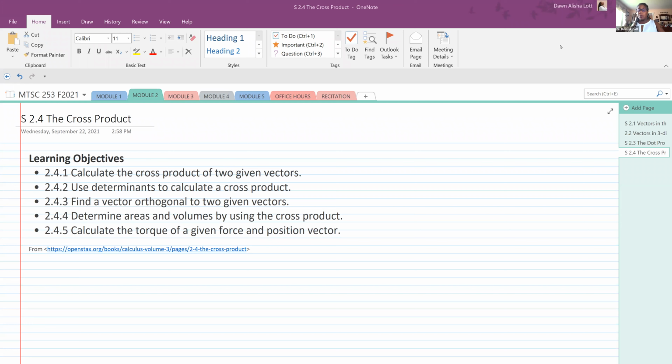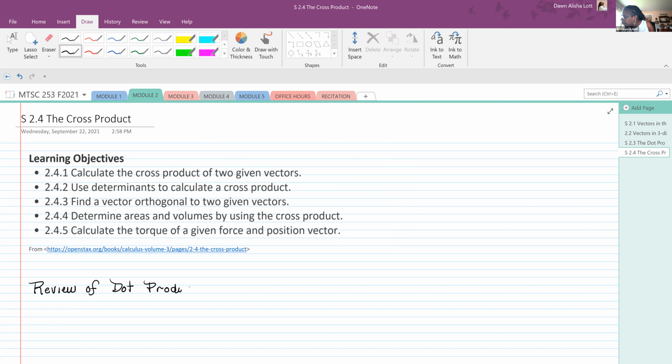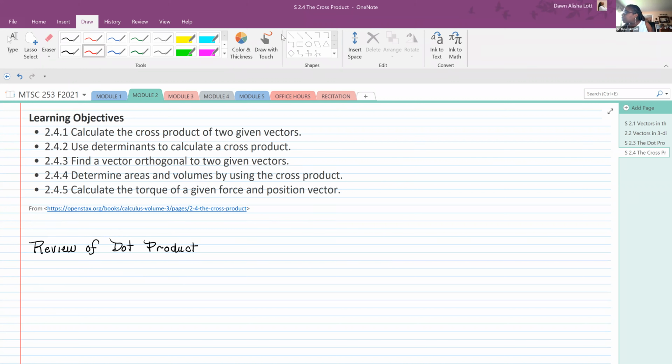So before we go into the cross product, I just want to do a very quick review of the dot product, okay? And the reason why I do this is because when you introduce one without quite remembering the other, you can't see the difference and you get confused. So let's be given